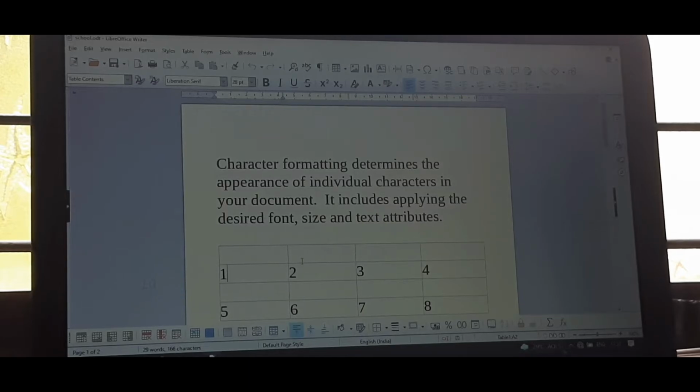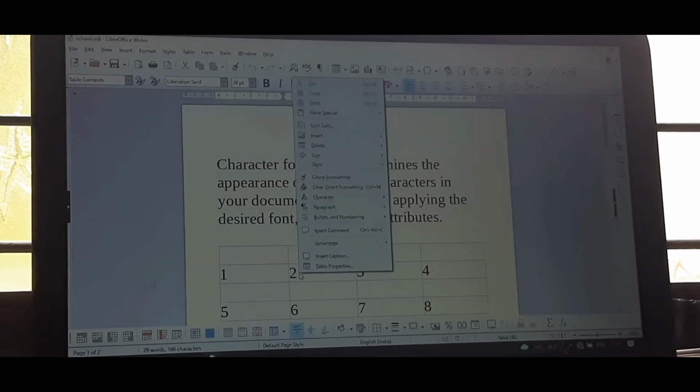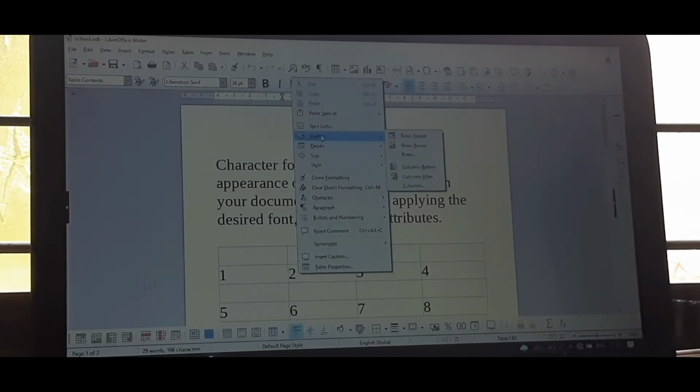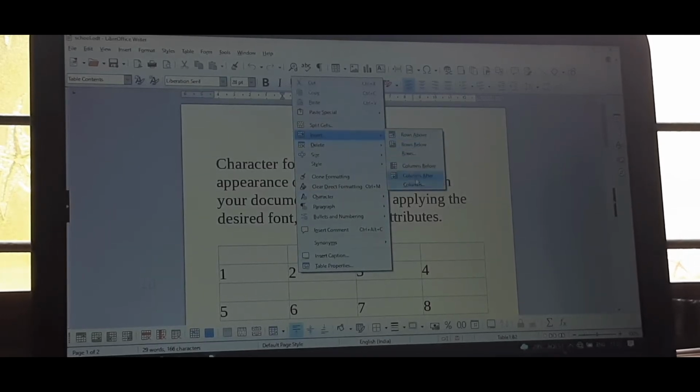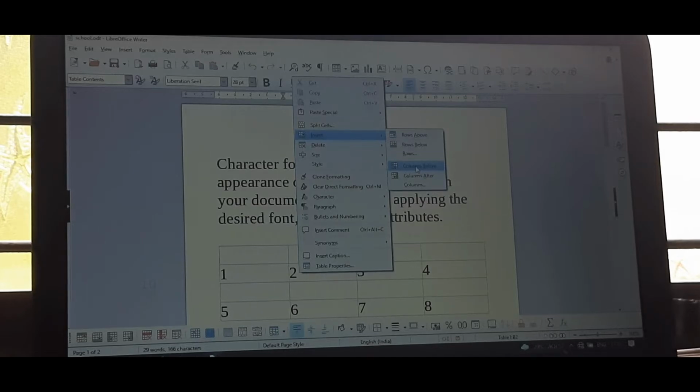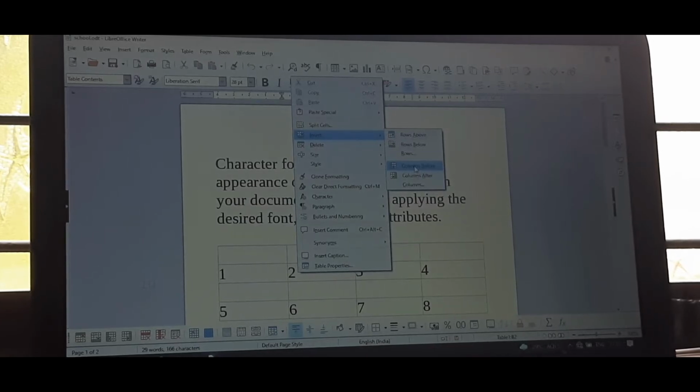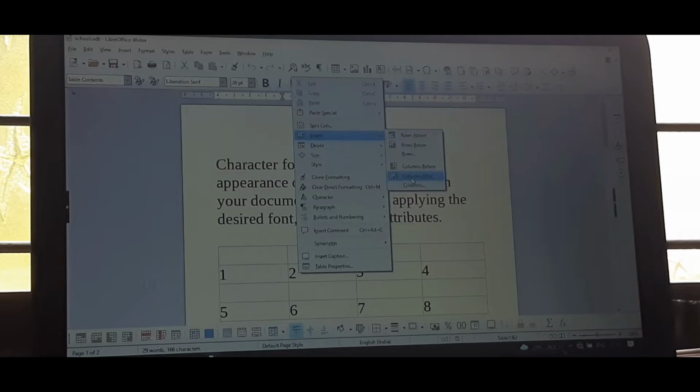In the same way we can insert columns. So I am going to insert columns. I kept the cursor in the second number, then right click, then Insert, then Columns Before means columns will be inserted just before, or Columns After means after that. So I selected Columns After.